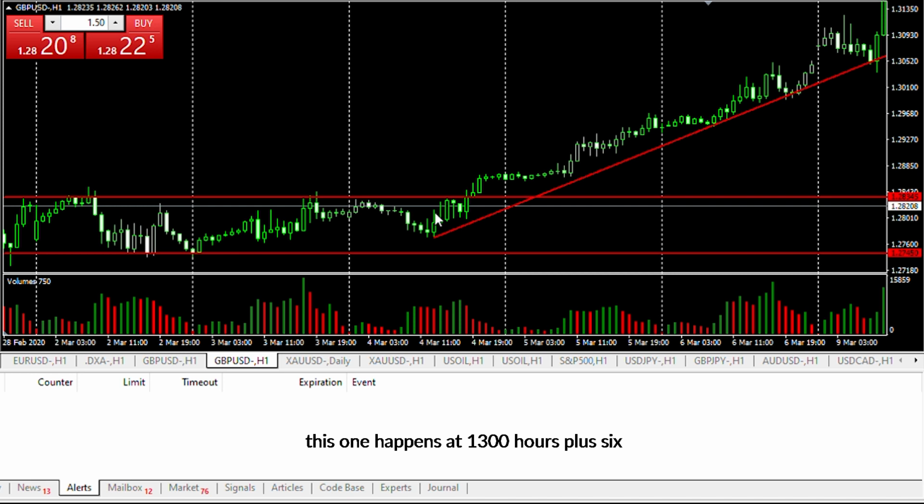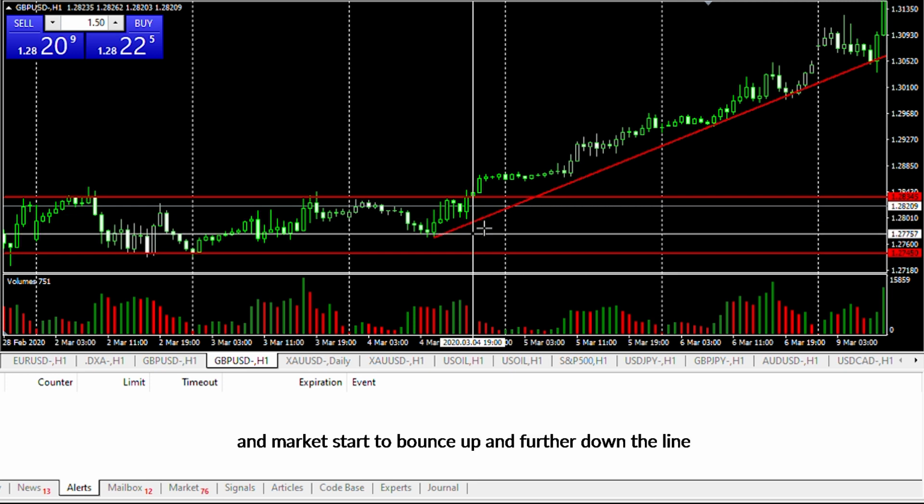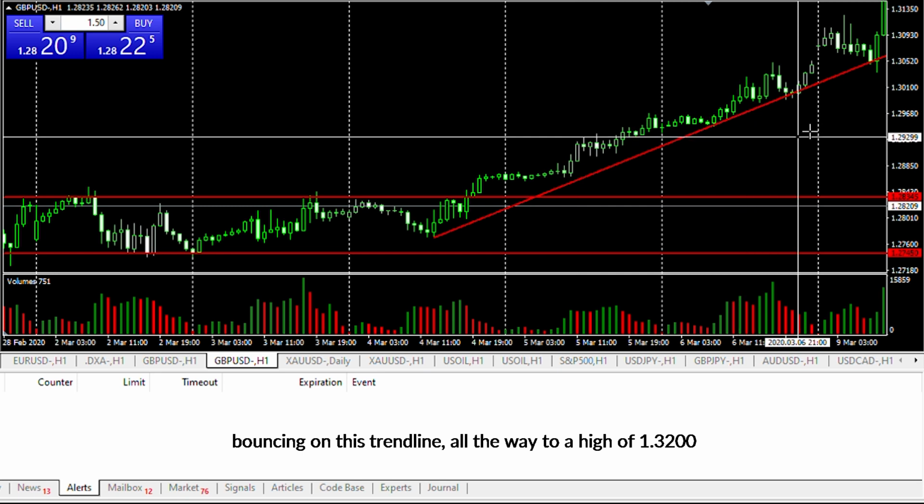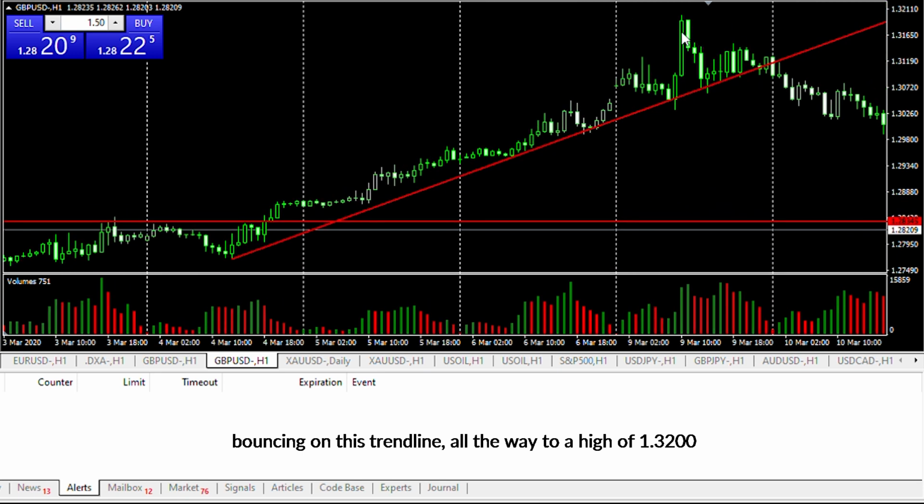This one happens at 1300 hours plus 6 during that time. This is 7 p.m. local Singapore time. Market starts to bounce up. Not only did it bounce up, further down the line it broke through this resistance and shot all the way up, bouncing on this trend line, all the way to a high of